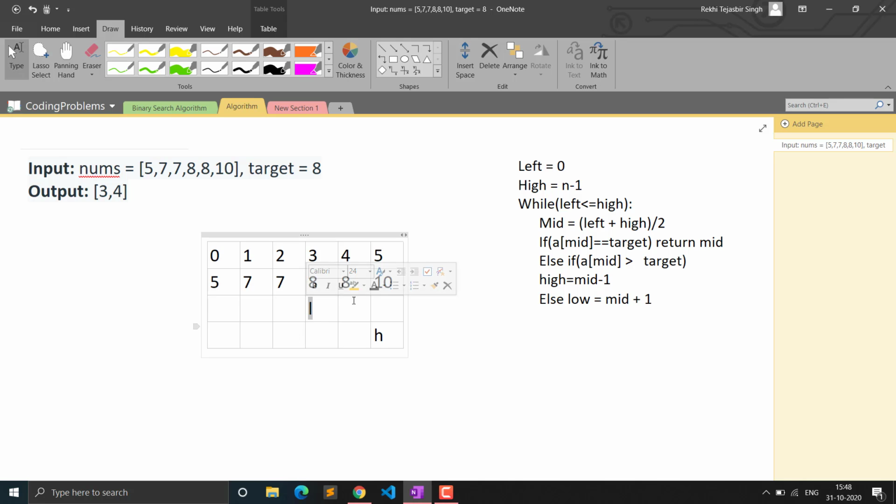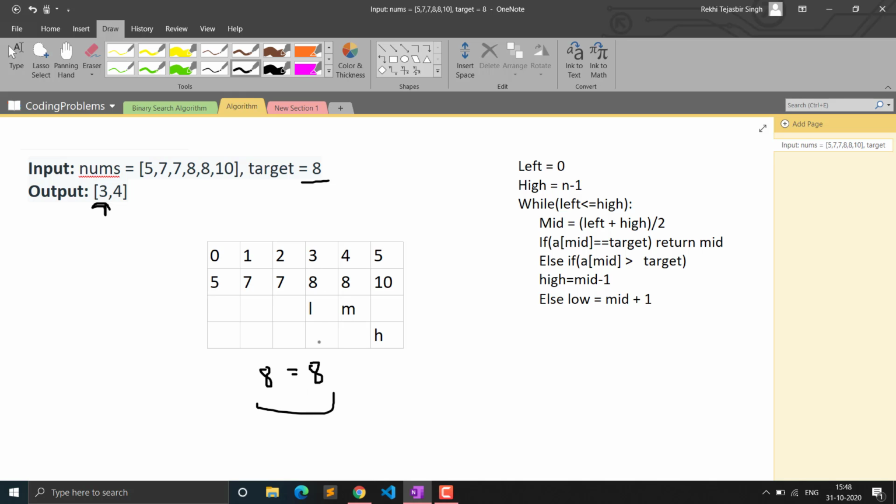Now if you see, left will be this index 3, plus 5 for calculating mid, 3 plus 5 will be 8, 8 by 2 will be 4, so mid will be coming here. Now our mid is at this point, and if you compare this mid value, that is 8, with this target value, it is equal. Okay, we have found the element that we are searching for, but in this case we have to find the starting index of the element in the array.